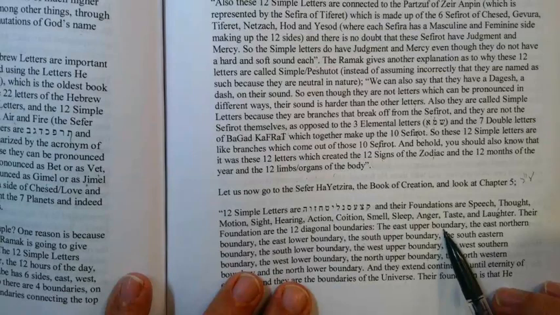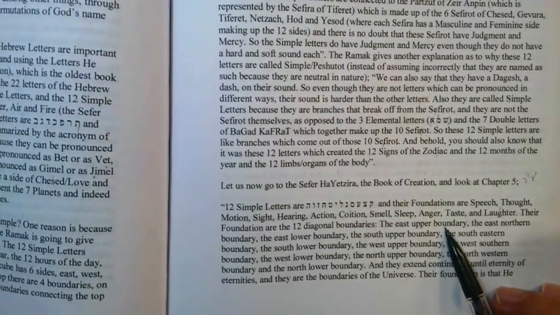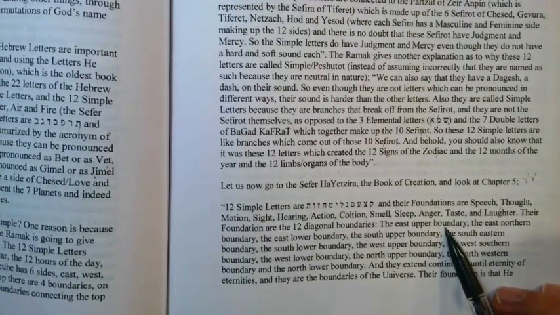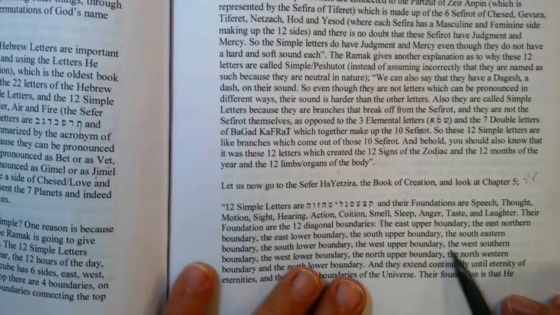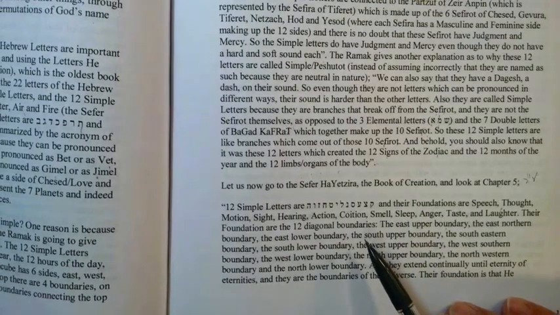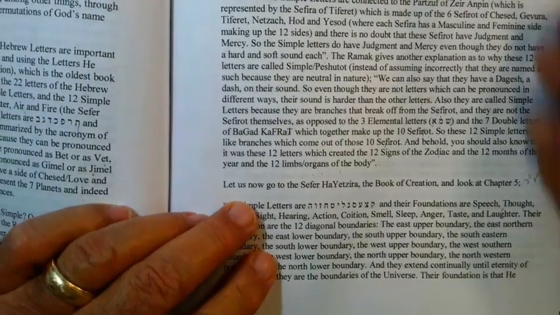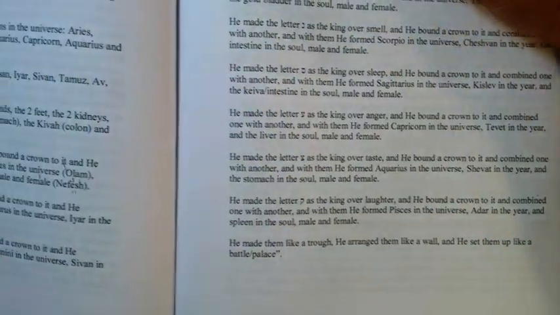So there is a concept brought by a physicist, Aryeh Kaplan, a tremendous Kabbalist, referring to it as a hypercube. He wrote in English, and he refers to it as a hypercube. So it has these different 12 boundaries. There are 12 letters there. And they have 12 diagonal boundaries that cut through them. I don't have a drawing of it. Maybe I'll find it. We'll see. I don't think so, though. I don't think it's a real drawing.